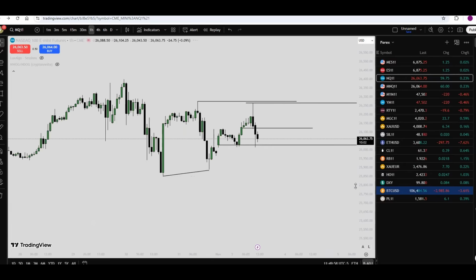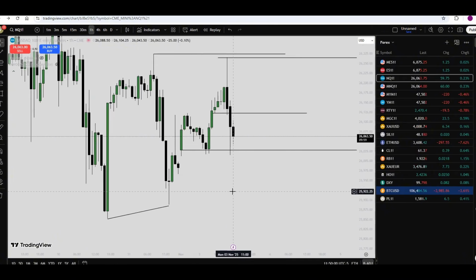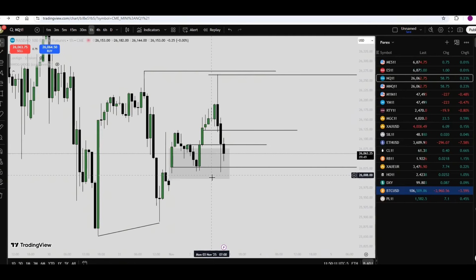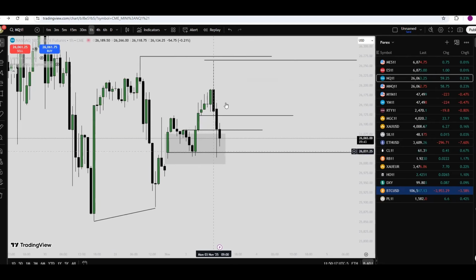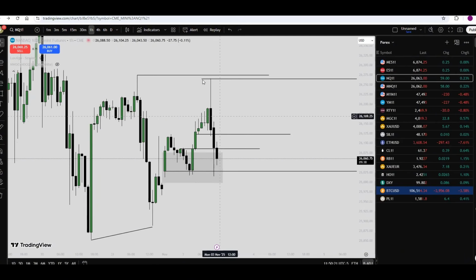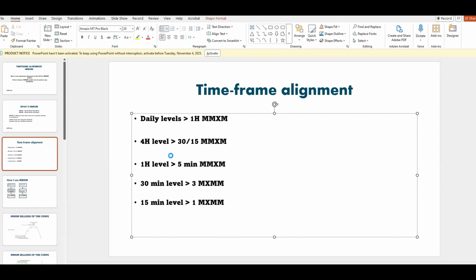1 hour is telling me what? We're in a market maker buy model. We are respecting bullish order flow, closing, making new highs, closing over the order blocks and respecting them and going higher. So up until this drop, we were in a market maker buy model on the 1 hour. Because price is fractal, you can use it on every time frame, and scale down lower for your entries. The 4 hour level,